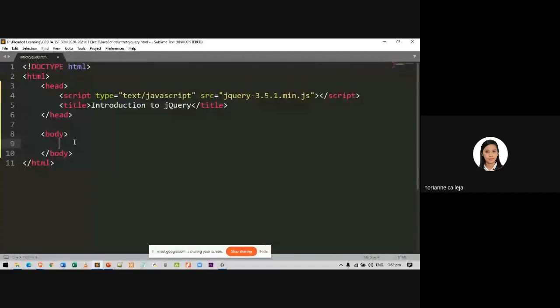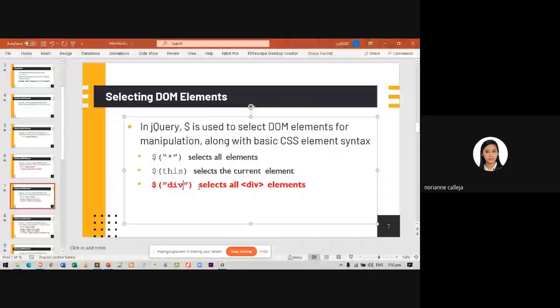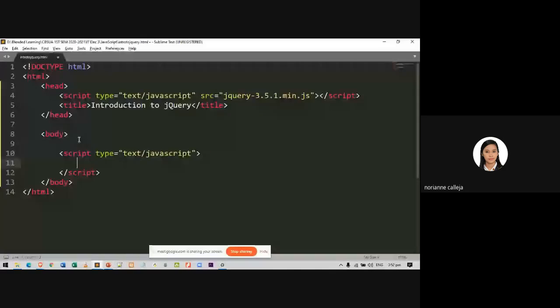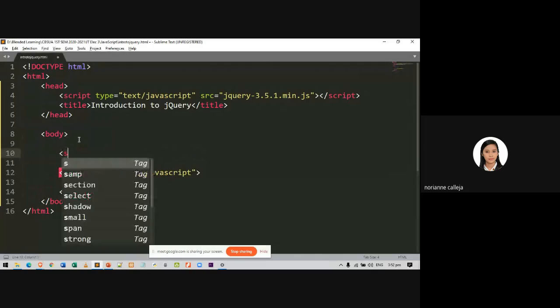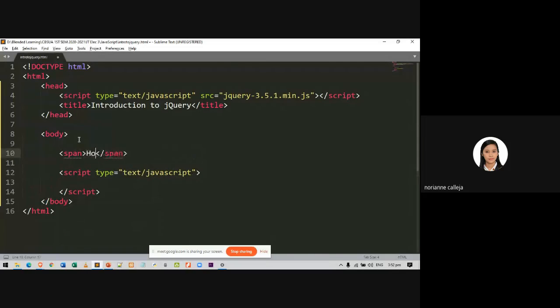So I will just be presenting it to you. In the body, we create... If you are programming in JavaScript, please take note that it should always be enclosed in a script tag. For selecting a span element, say for example, we have here a span element with the text hello.